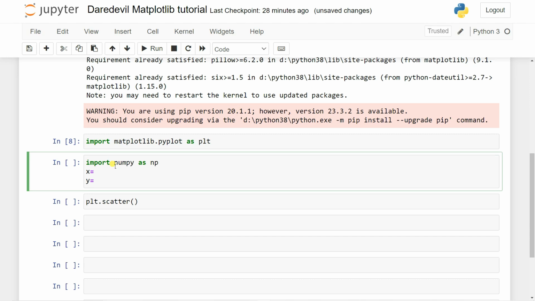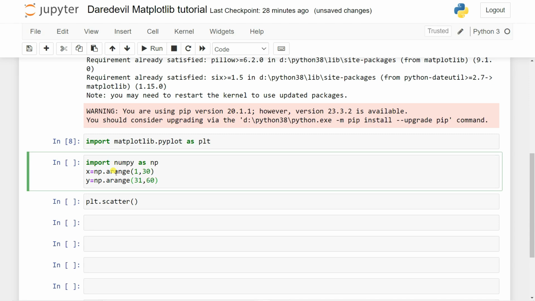So now the question is, how can you generate some random values? You can use np.random, but we are going to use np.arange, so it's better for me. So let's say np.arange, and let's say I'm going to get some values from 1 to, let's say, 30. And also for y, let's say arange, we are going to get some values from, let's say, 31